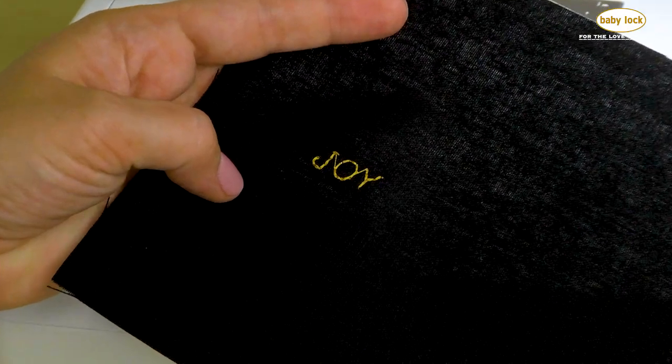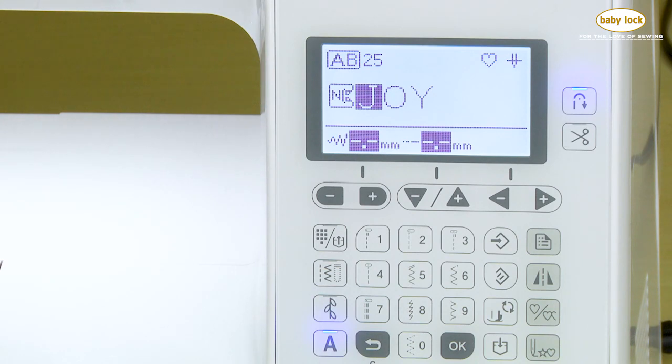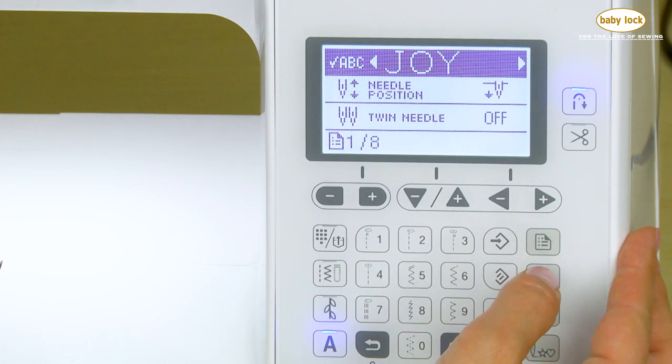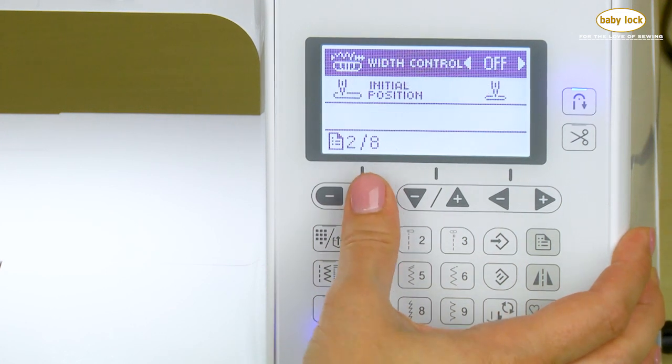Now, anytime that you're creating lettering on the machine, you are going to have little jump threads in between each of those letters. You can come in with a real fine pair of snips and trim those away. Another option for editing your built-in lettering is the spacing. So if we arrow through our settings pages once again,